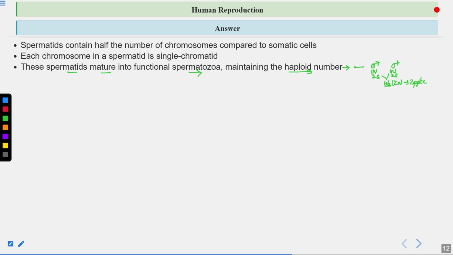And variations also occur. During meiosis, in the Pachytene stage, crossing over and recombination occurs. In recombination, there is exchange of genetic material, and this is a source of variation. So you should remember all of this. Gametes are formed due to meiosis. In meiosis, recombination and crossing over occurs, which is a source of variation. Meiosis maintains the chromosome number. And the gametes are haploid because when the gametes fuse, they restore the chromosome number of that